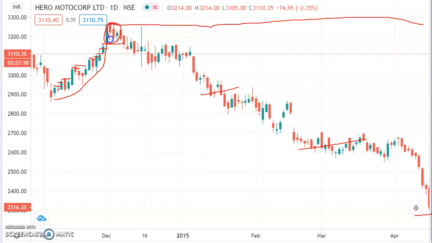See here also, if you take the risk reward, the height of the entry candle is close to 100. So from 1000 to 3200, to here it is close to 2300. So how many points? It's 900 in this chart. So the risk reward ratio is 1:9. You are taking 100 rupees risk and you are getting rewarded with 900 rupees.